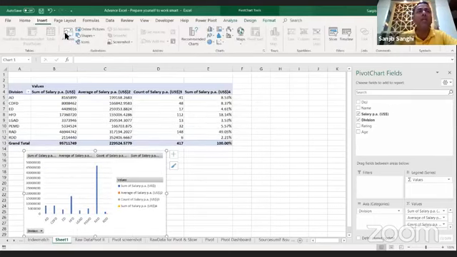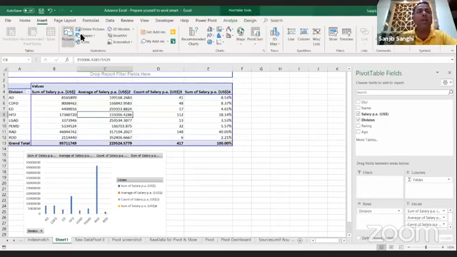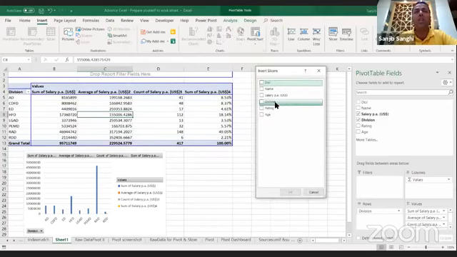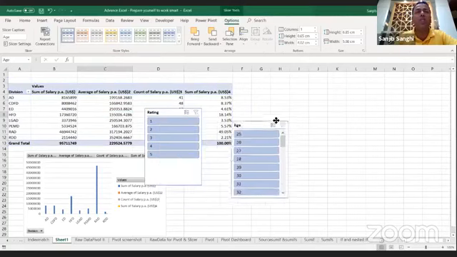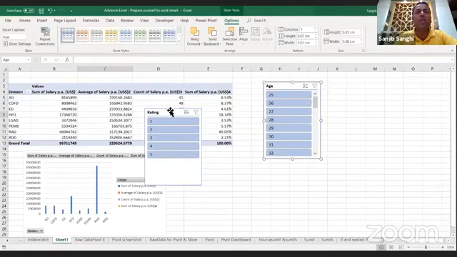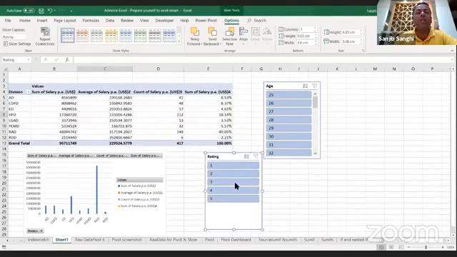And then if I come back to this pivot table and I insert a slicer to this, and what are the slicers I want? Let's say I want rating, and let's say I want age. If these are the 2 slicers I want, I'll come back over here and look at this. If I click any of this, the entire data will automatically get updated with the selection which I make.